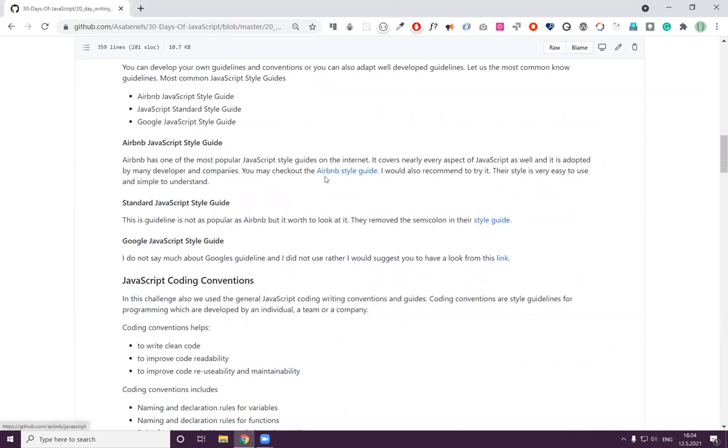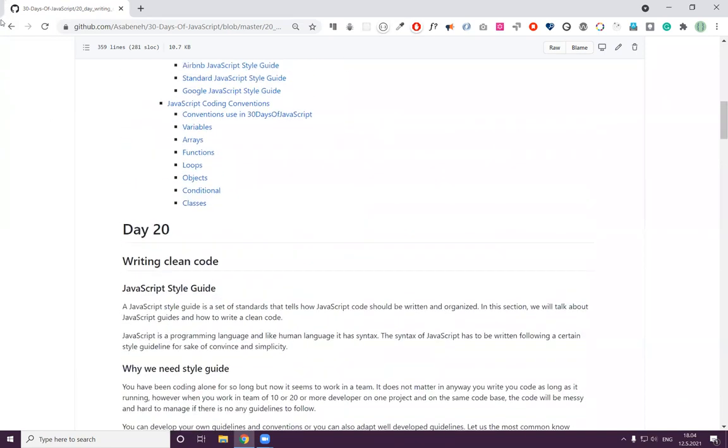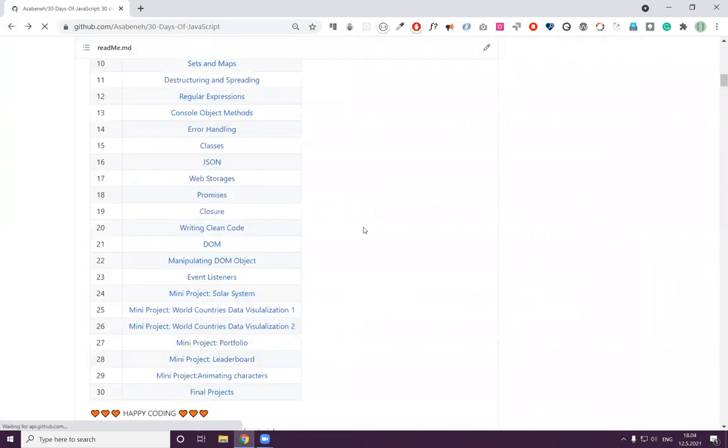As you can see, I have mentioned Airbnb style and Google style. When it comes to JavaScript, Airbnb style is more preferable than Google. But so far, we follow a very good standard of writing